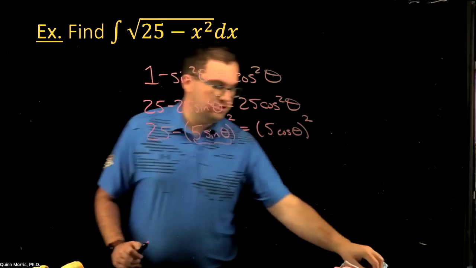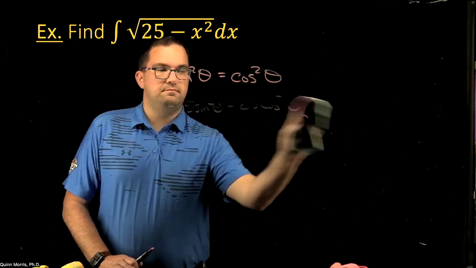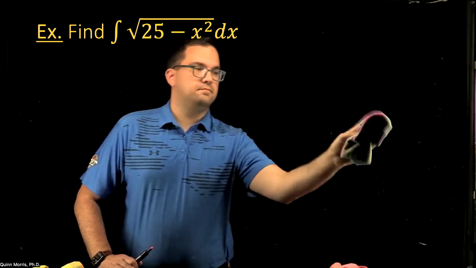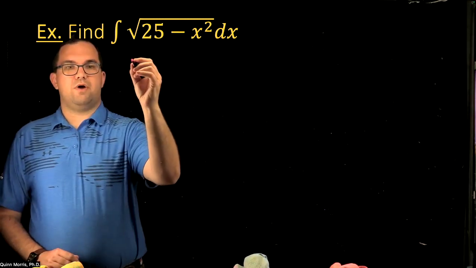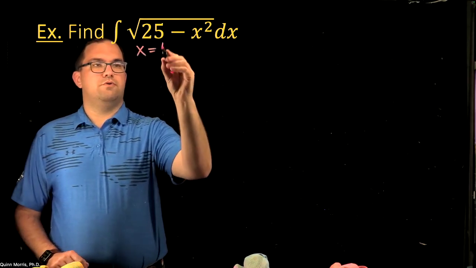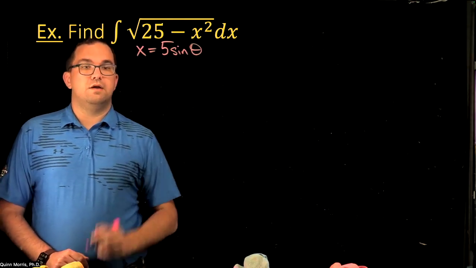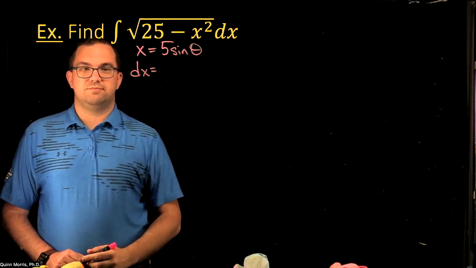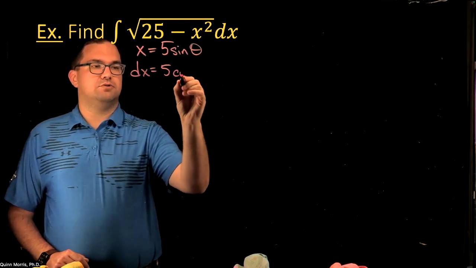So let's try that substitution and see what happens. So I'm going to now try the substitution setting x equal to 5 sine of theta. If I'm going to do that, my dx is also going to change because I'm changing the variable of integration. The derivative of this is 5 cosine of theta